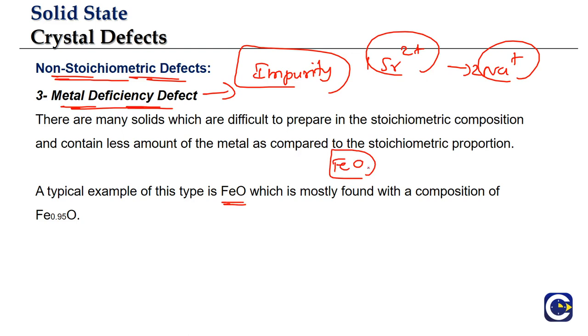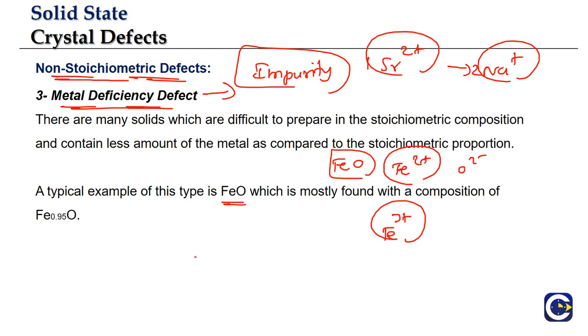This is ferrous oxide, by the way. If we have FeO, then for every one oxygen atom proportion we must have one iron atom. That is the proportion. So Fe will have 2+ and oxygen will have 2-. But if some of the places of Fe2+ are taken by Fe3+ ions, not the full but some of the places,